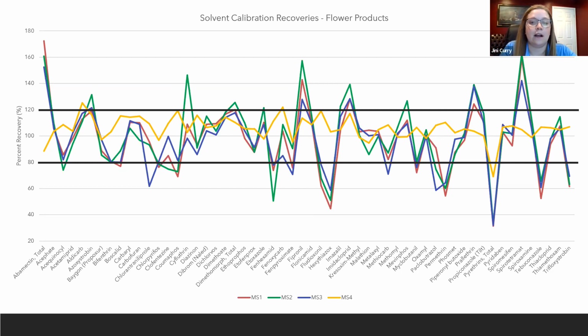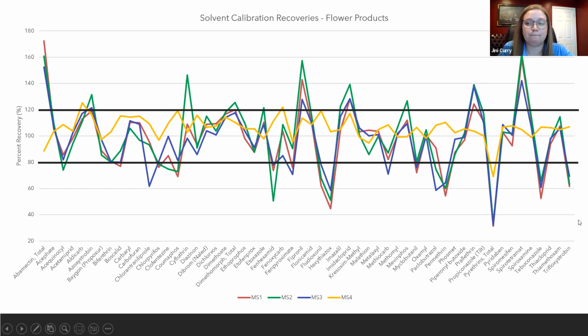And so you see that a lot of these samples are having bad recoveries for various analytes. They're having some over quantification of analytes. And then you do have this yellow sample right here, and this yellow sample is that hemp sample. So that's going to be something we talk about as well, because that one recovered pretty well, even in this